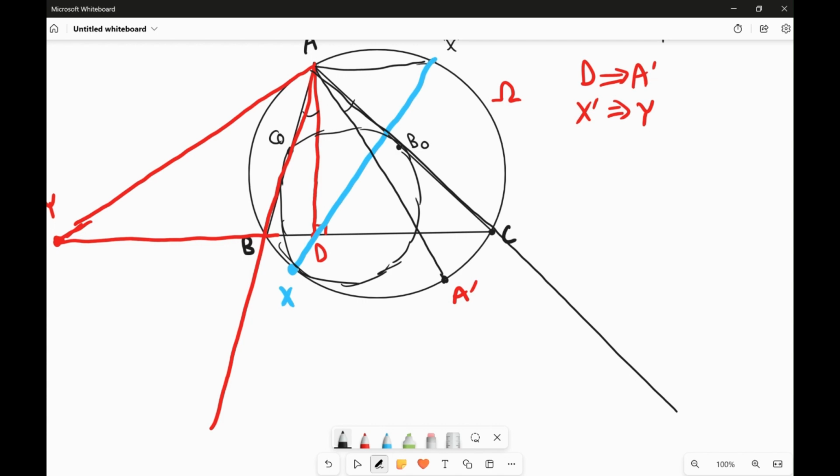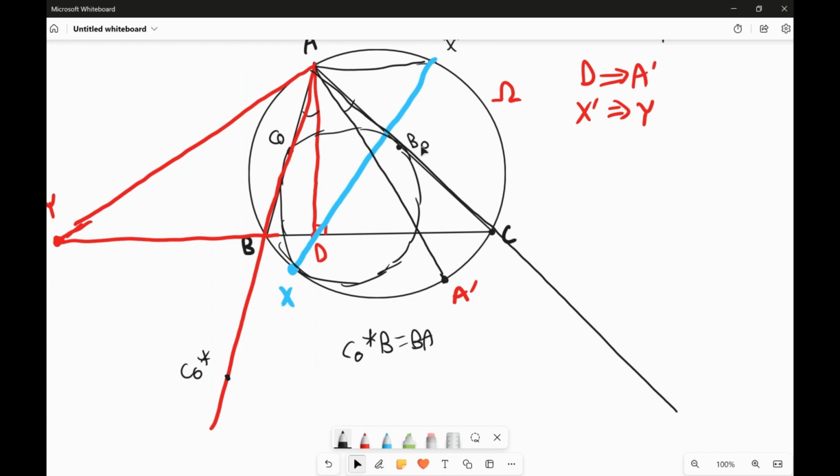Then the point C0 gets inverted to the point here, C0 prime. Initially, it gets mapped to this one because